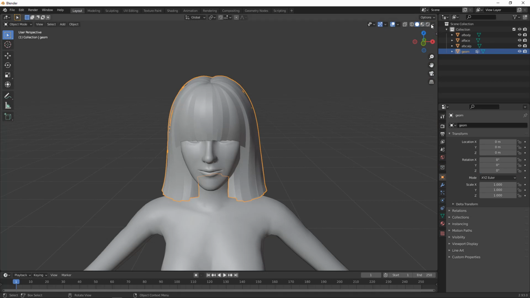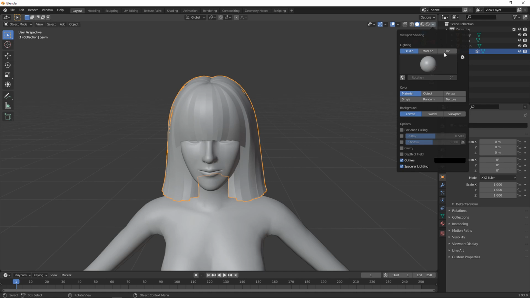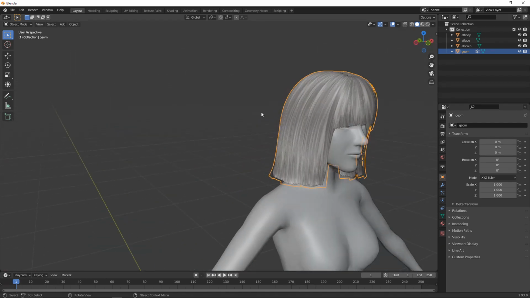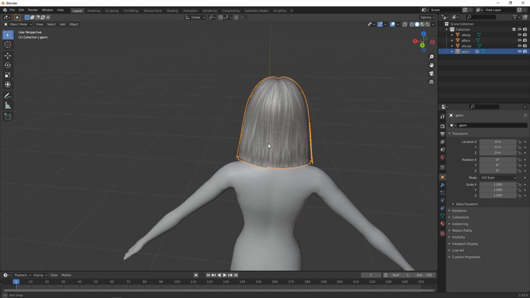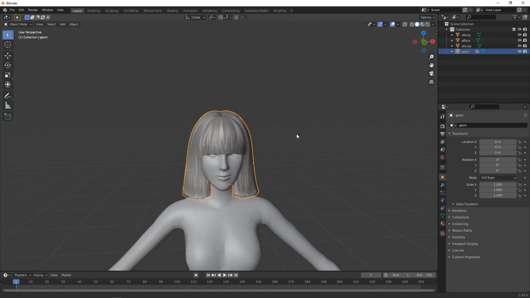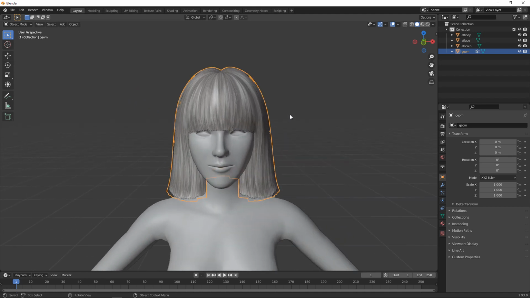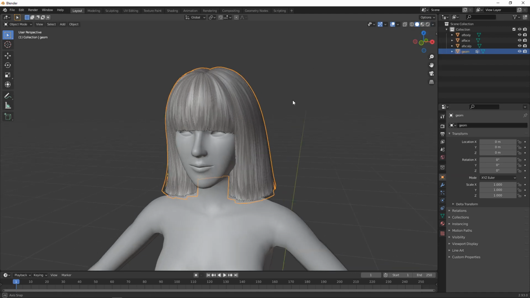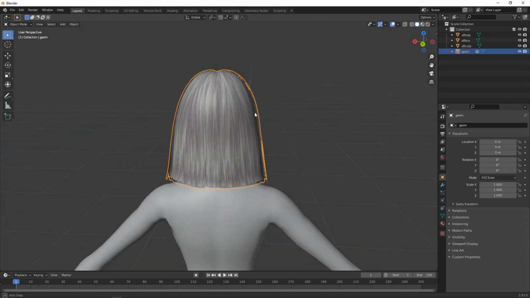So you're going to go to the little arrow here, click on texture, and as you can see, the hair is textured now. Before you do anything else, please turn on backface culling, because that's actually really important, especially if you start to reduce hairs. When I first started out, I didn't know that was an option, so I made a lot of mistakes because I forgot to turn it on. I will get to that later, why it's so important. For now, as I said, show the texture and put on backface culling, and you now have a textured hair